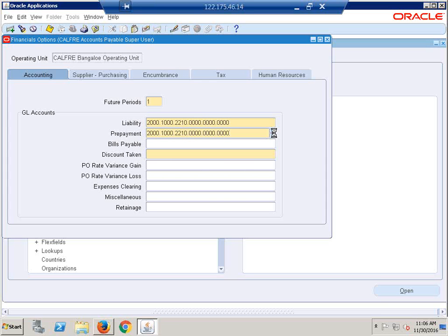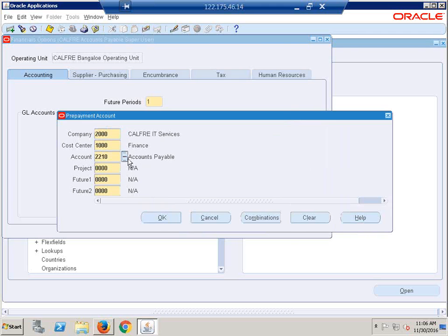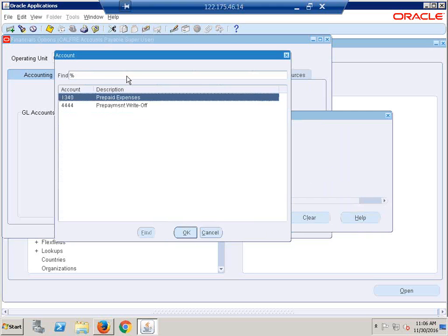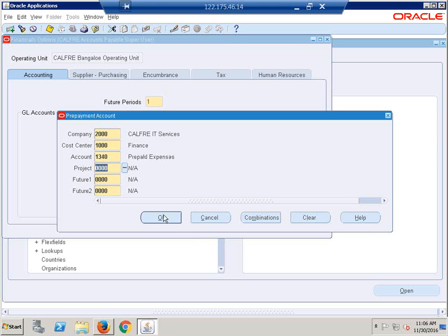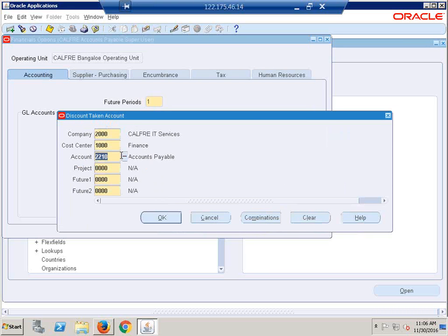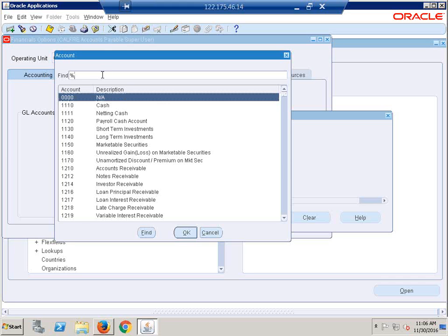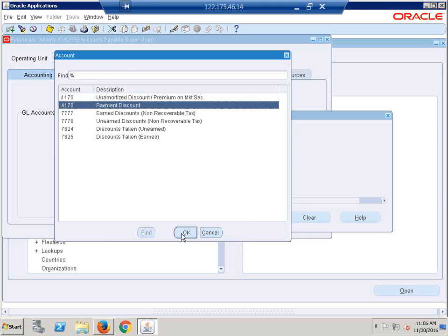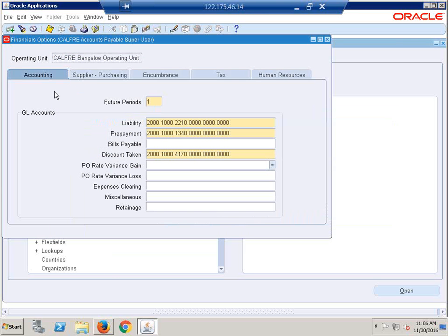Copy and paste and change the account. Account name is prepaid expense, right? So okay, and here discount taken, copy and paste and change the account. Say payment discount. Done. These three are mandatory accounts. Yes, done. Next tab is